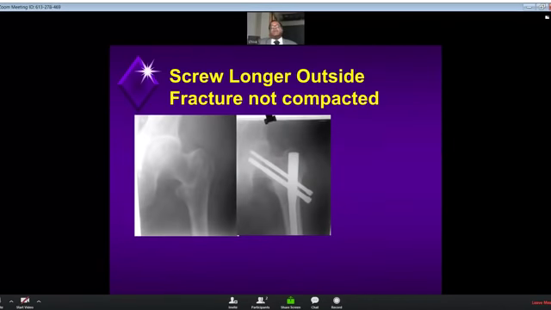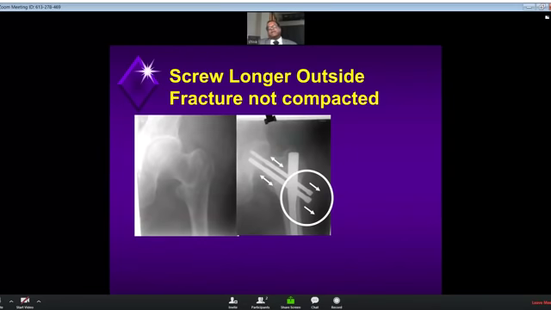What happens if you don't release the traction? The fracture gap becomes less in the immediate post-operative X-ray, and both the screws come out, and it will be seen as a prominent screw outside. The patient will not be able to sleep on that side. The osteoporotic patient, even if they sleep on that side, that causes the rocking of the screw in and out.